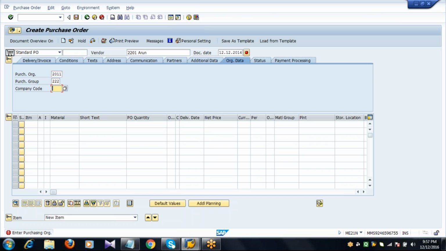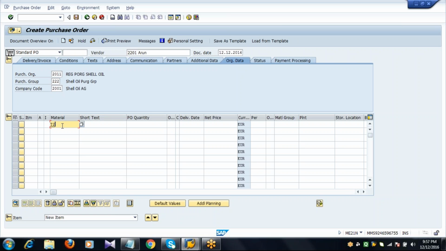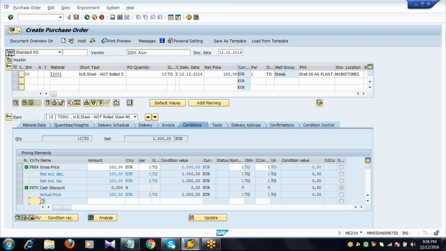Purchasing organization, purchasing group, company code, material, quantity, net price, plant and storage location.